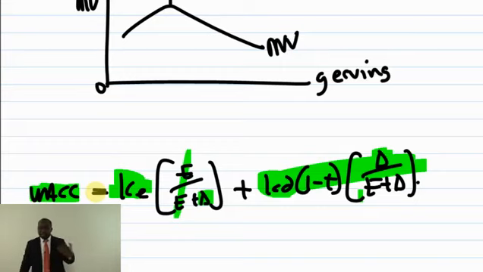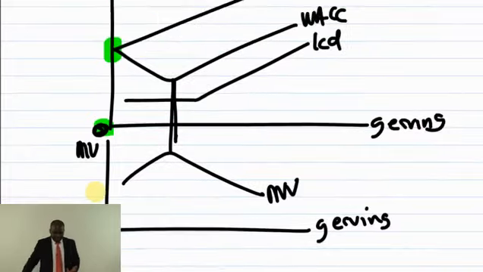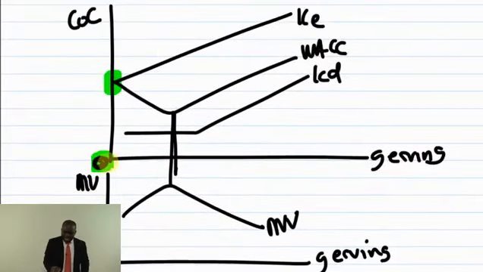Calculation learning point 1. It should come automatically. So when I am ungeared, my cost of equity will compensate for only business risk, and my WACC will be the same as my cost of equity.